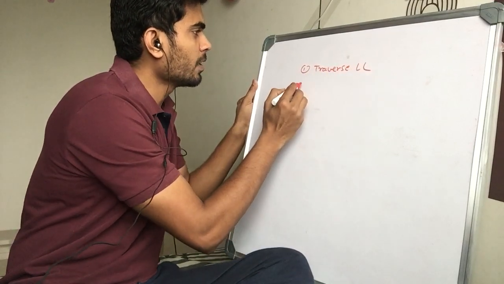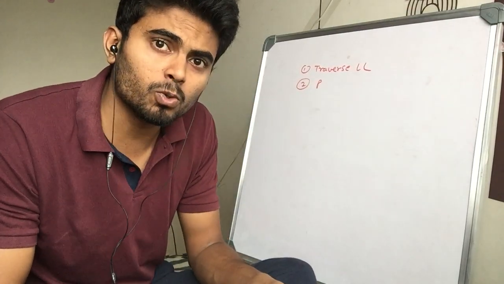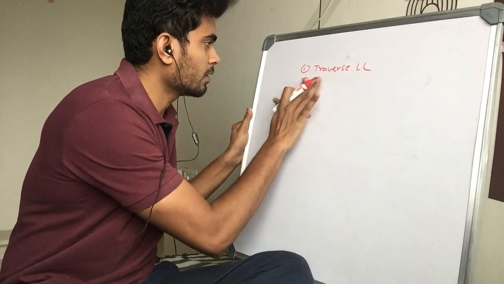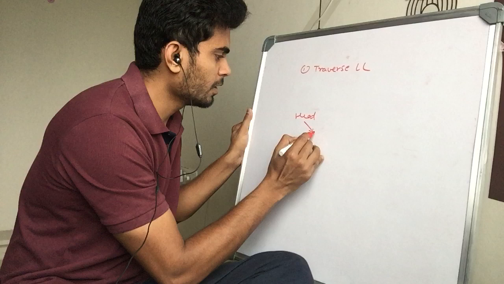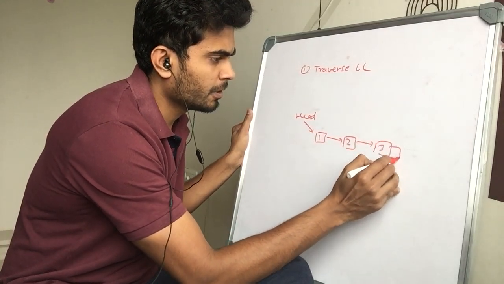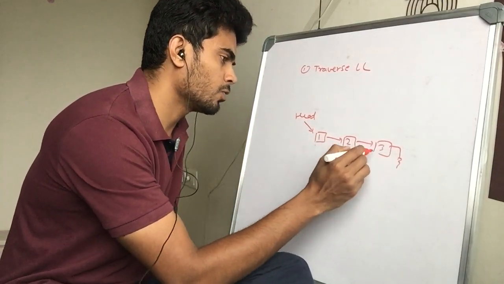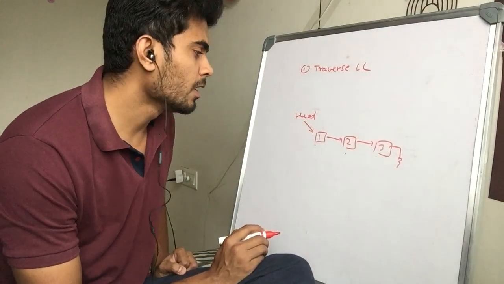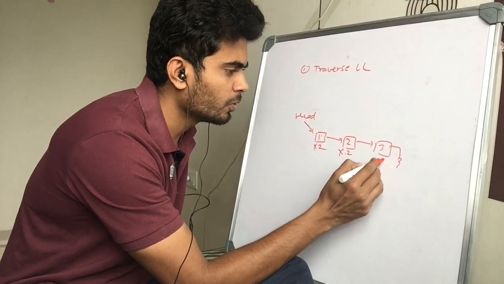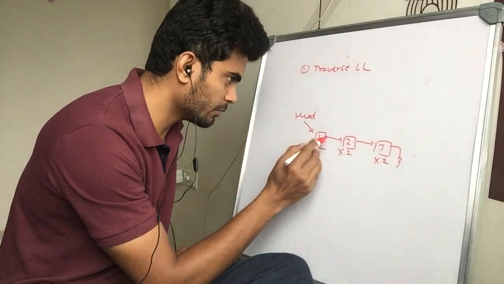traverse the linked list. Traversal allows you to go to each node of the linked list. Suppose this is your linked list containing 1, 2 and 3 in it. If you are able to go from this node to this node to this node using a function called traverse, you can double each value, multiply it by 2, do some more operations, or print these values.